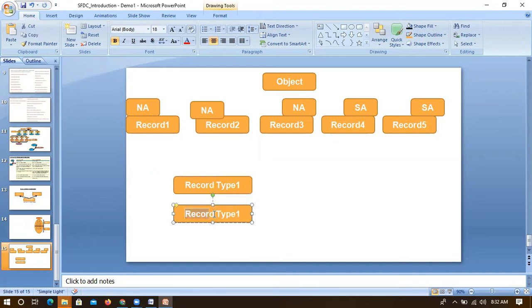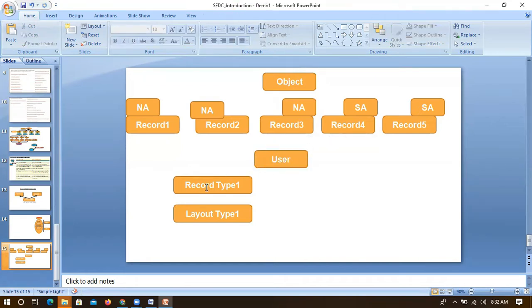When a user is creating data, say he is creating one record within the system, let's consider record 1. For that, with record type 1, he will select one layout and enter the data. Finally, it will create record 1 with an NA record type.